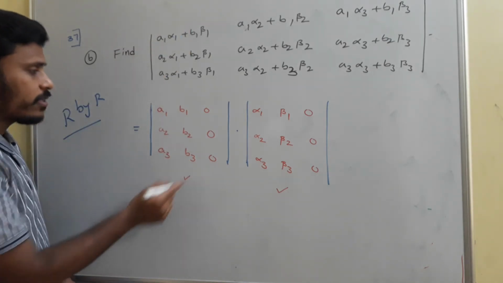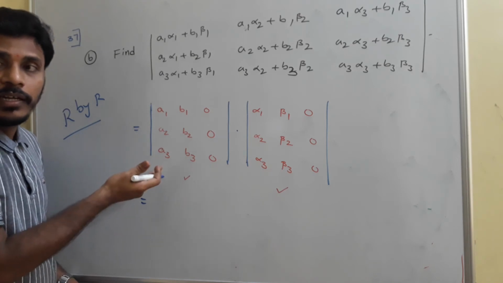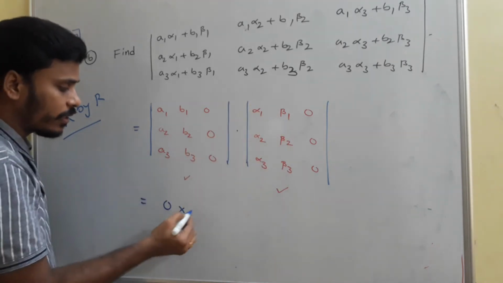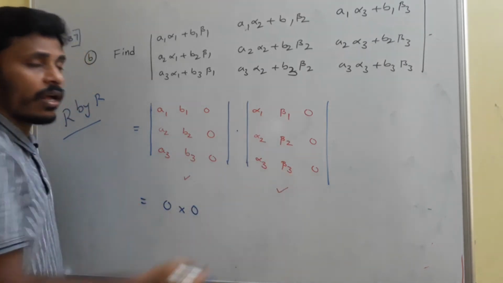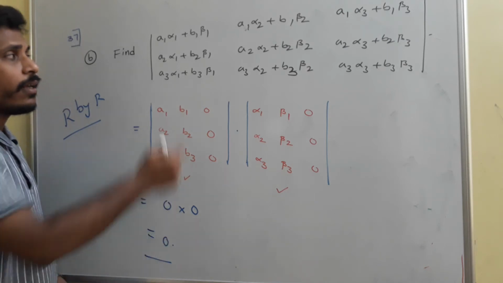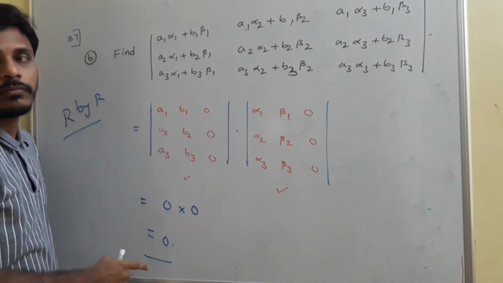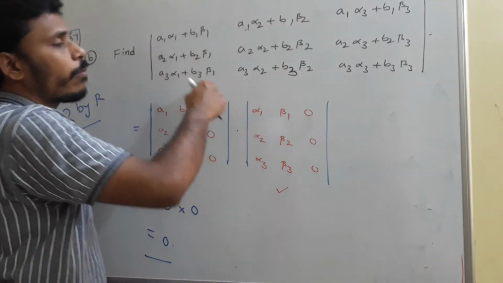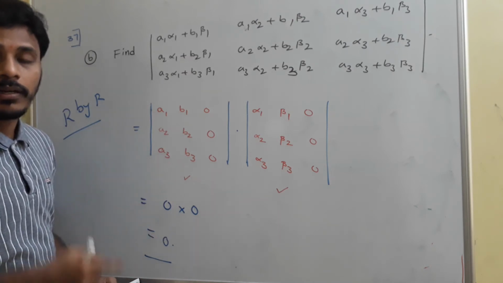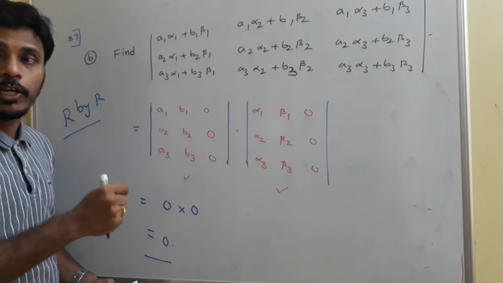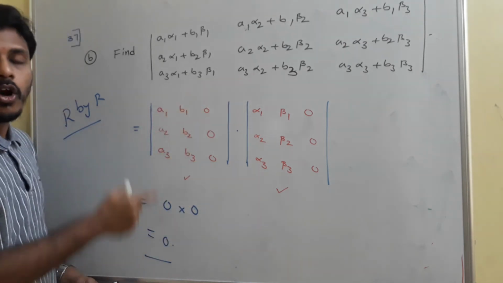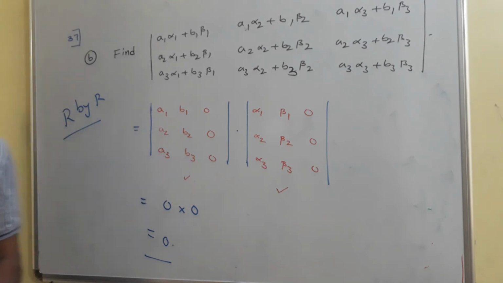And now what is the value of this determinant? Clearly it is 0. Why? Because here one column contains all zeros, so its determinant is 0, and this determinant is also 0, because here also we have one column as zeros, so 0 into 0 is 0. At the end, the value of this determinant is 0. To show the value of this determinant as 0 without using the product of determinants is a bit complicated. But with the help of the concept related to the product of determinants, it is easy to calculate its value as 0. Okay, just have a look and then I will give you one more problem.